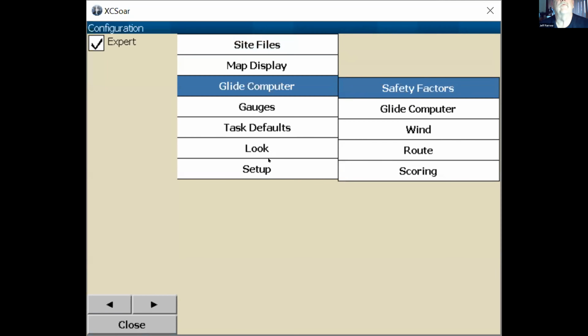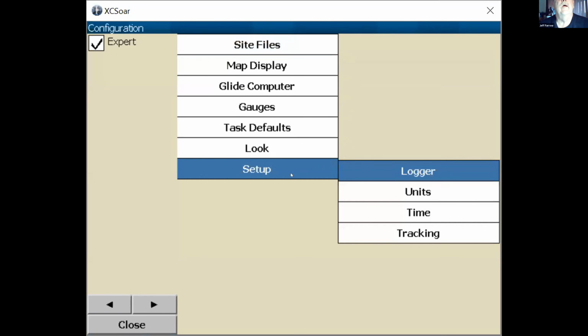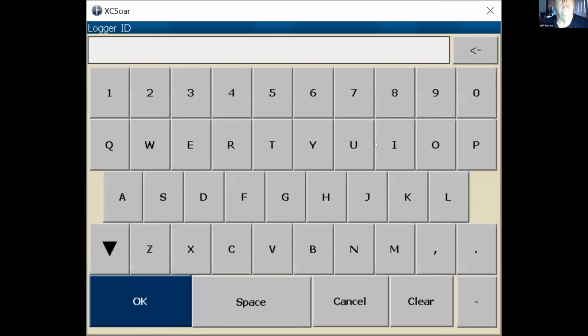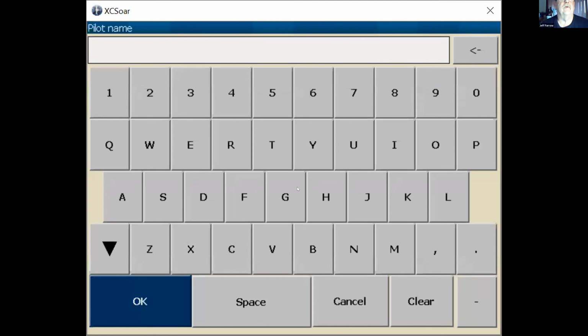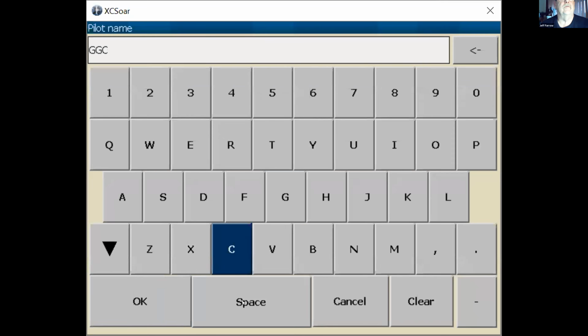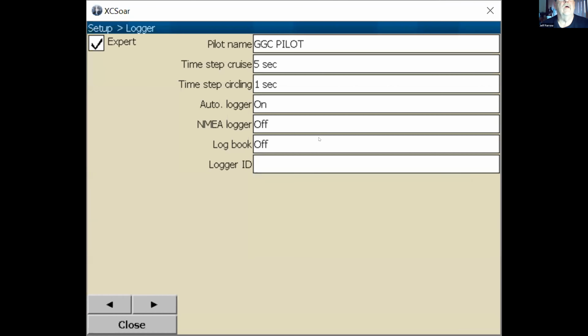Task defaults, look, setup. So go down to setup and logger. You need to put your name in there. So GGC's pilot. You can leave most of the other things on default.